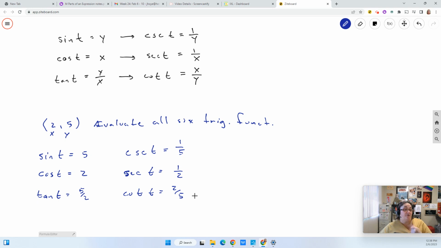Because sometimes you're going to have a fraction over a fraction, or you're going to have a square root within it, and you're going to have to rationalize the denominator of the square root, which happens a lot. Because if you remember when we were talking about the unit circle, we had a lot of radical 2 over 2 or radical 3 over 2 stuff, and you can't leave that alone if they're piled on top of each other. The one you'll have to work hardest with in this is tangent and cotangent, because you've got one value over another value. So if you have a fraction over a fraction,